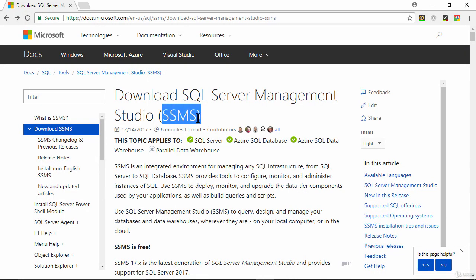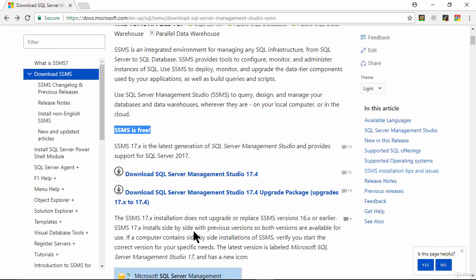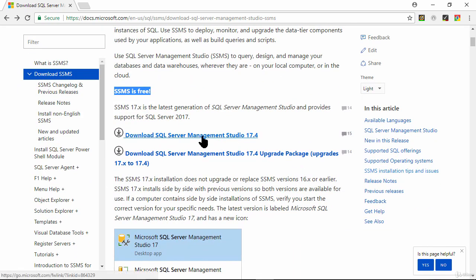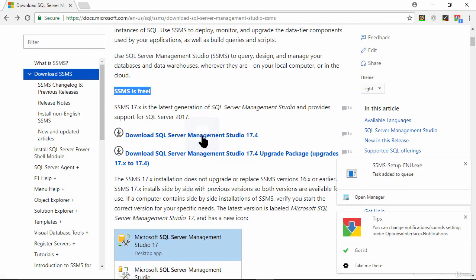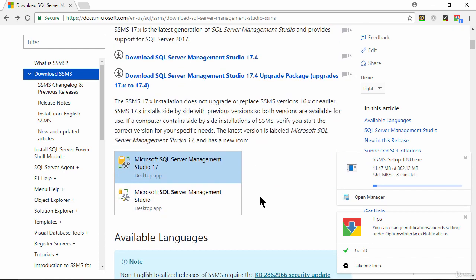So if you're using something called TSQL, or if you're going to be a DBA, a database administrator, this is where you do most of your work in SSMS. And again, all of this completely free. So I'm just going to download SQL Server Management Studio. So you can see 802 megabytes. So it's just going to take a little while, so I'm going to pause the video, wait for it to